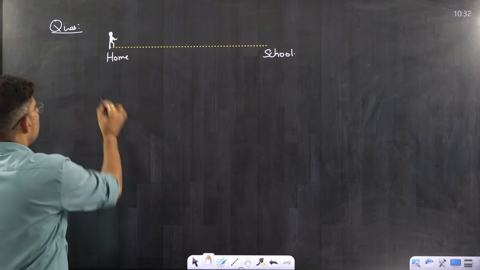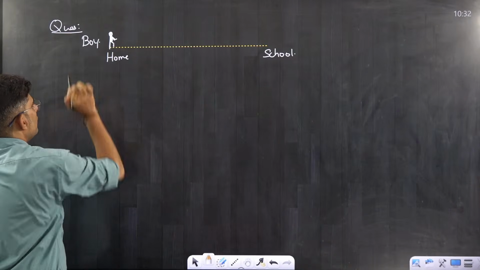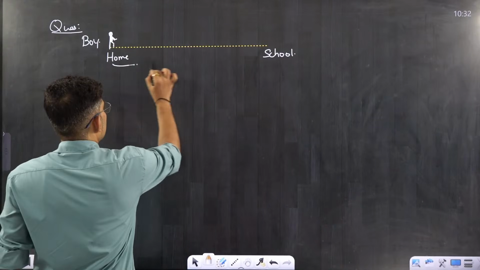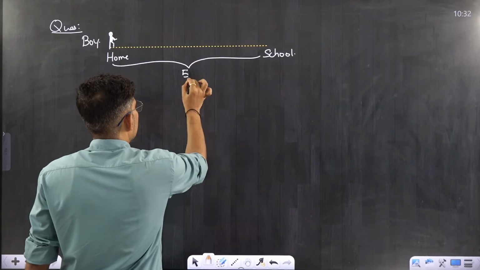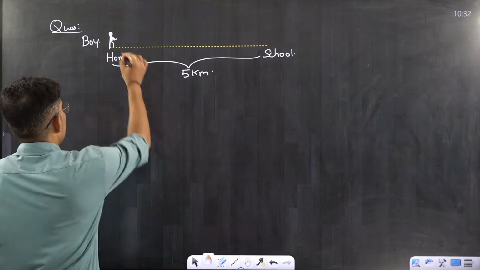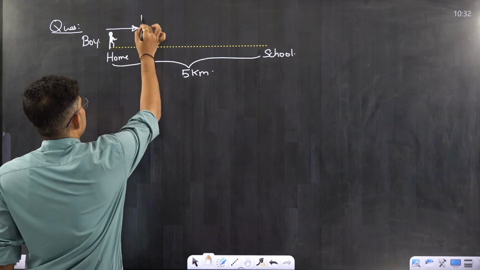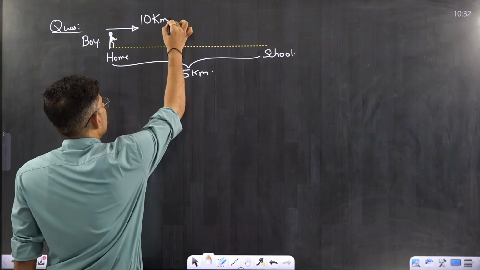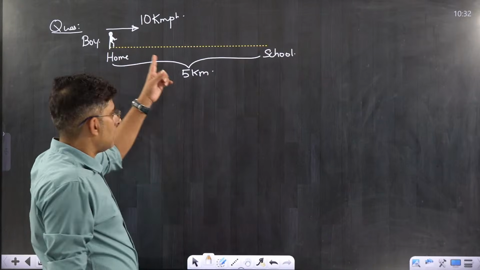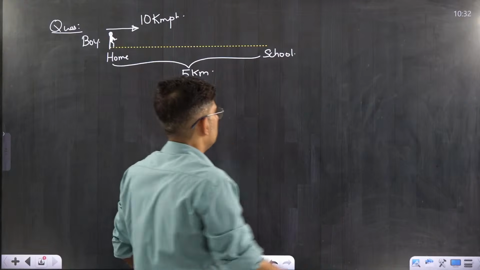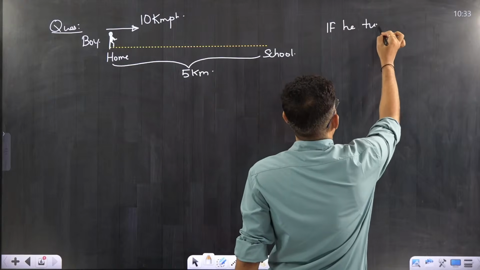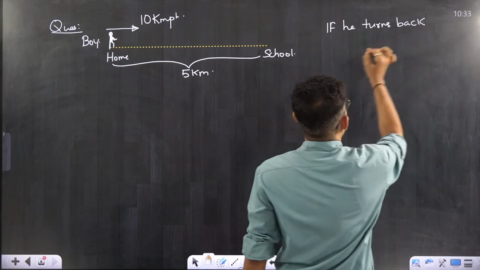There is a boy who starts from home and he has to go to school. Here this distance is given, the school is 5 kilometers away. Now he starts moving at a speed of 10 kilometers per hour. The situation given is, if he turns back immediately